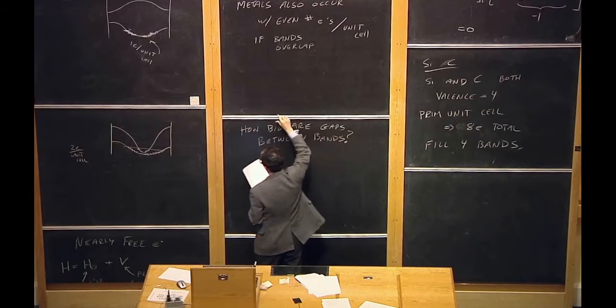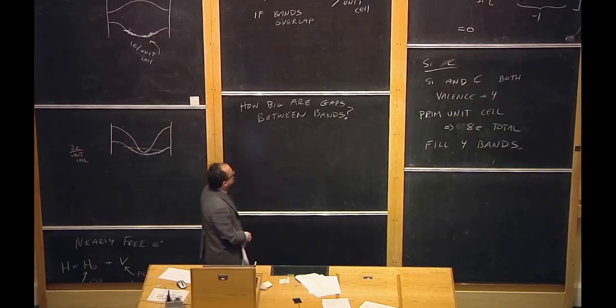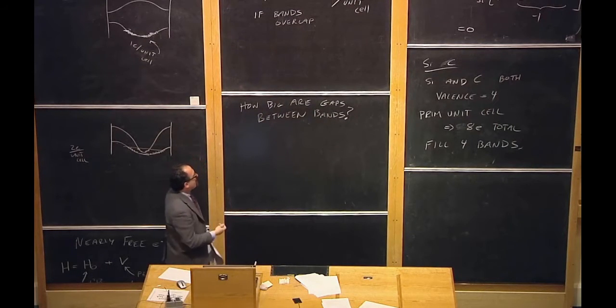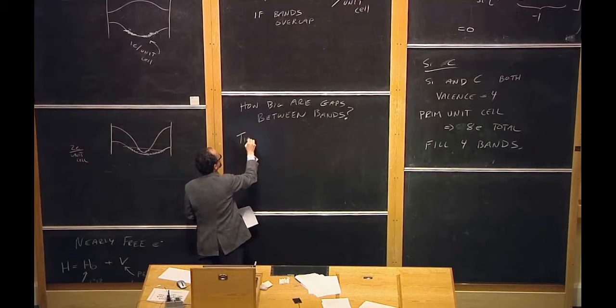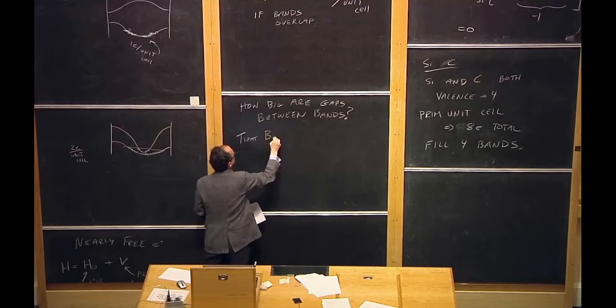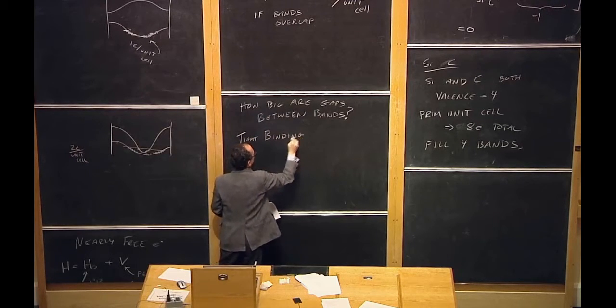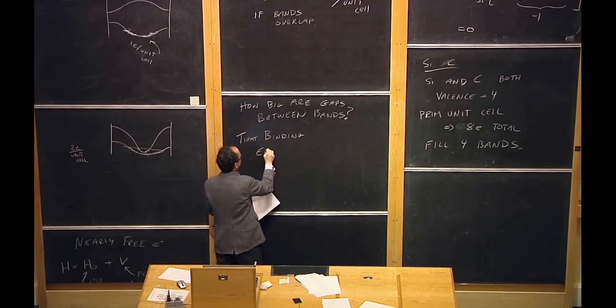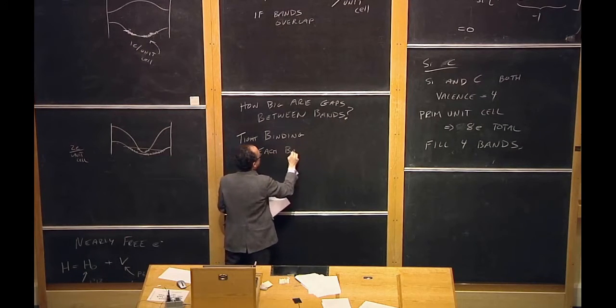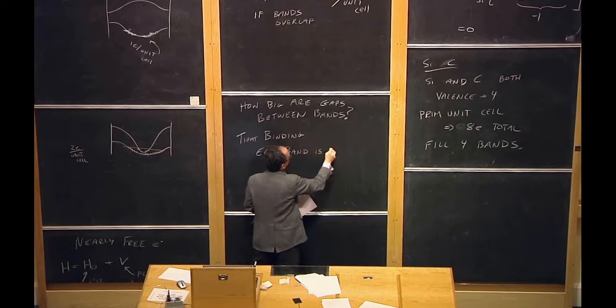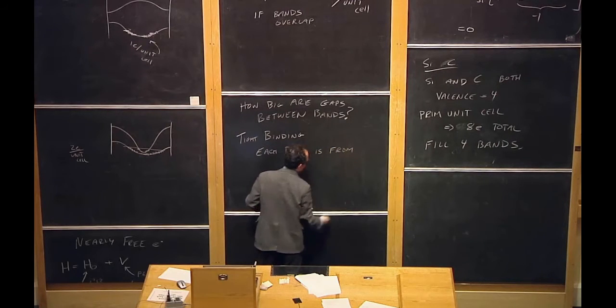Question? Well, we had different ways of describing how we understand the band structure. One way was from tight binding. In the tight binding picture, recall that each band comes from an atomic orbital,